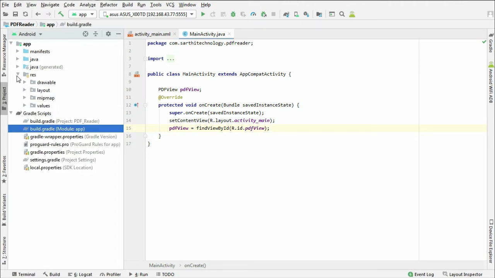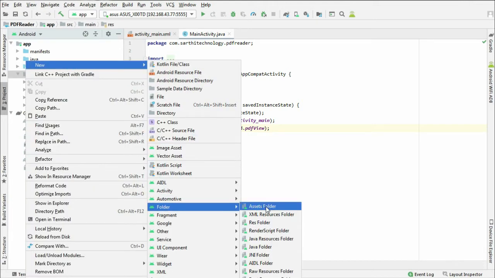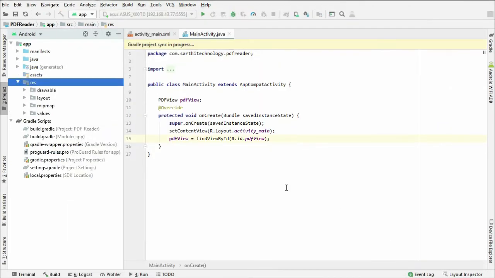So here go to the res folder and here right click new and folder, here asset folder, click finish and here you can see asset folder.